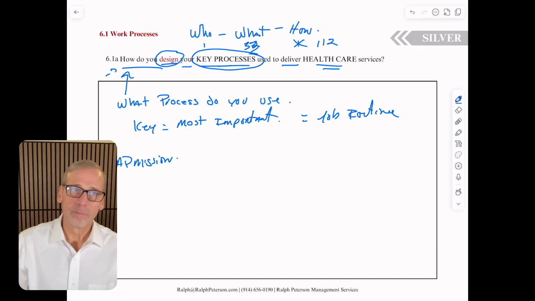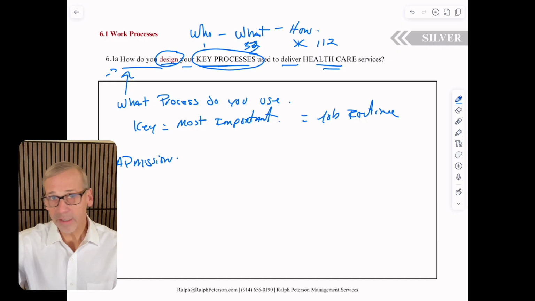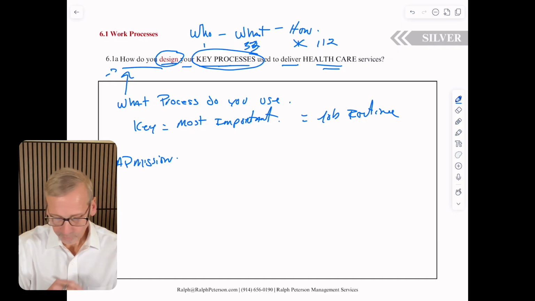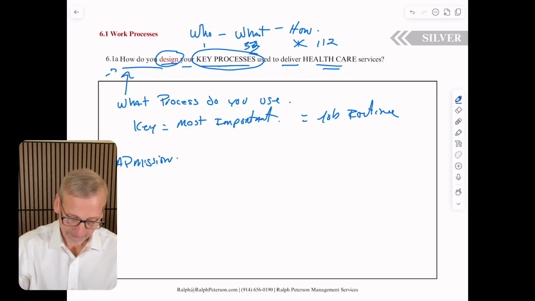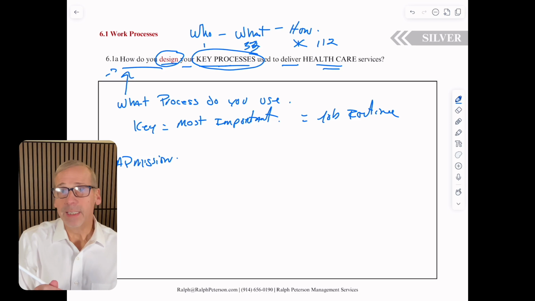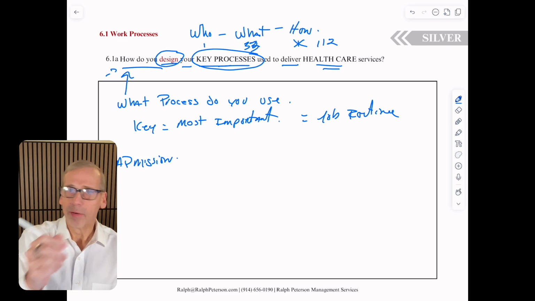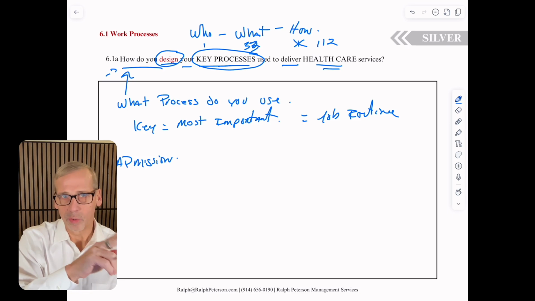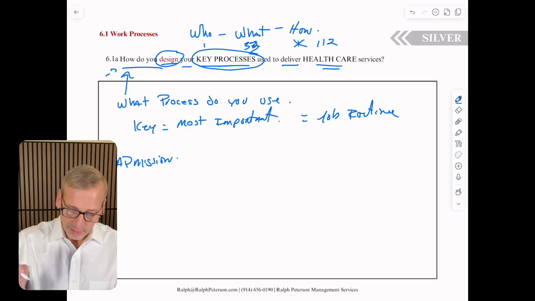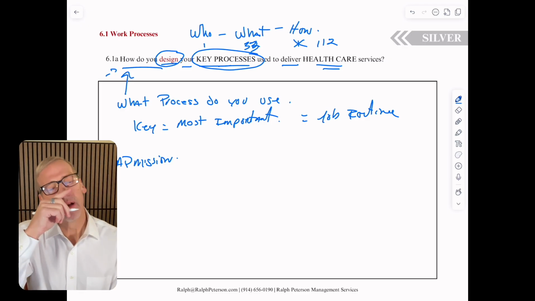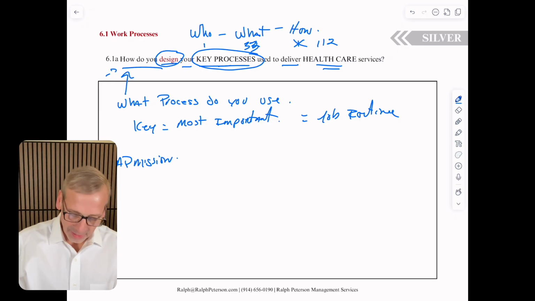Admitting a resident to a nursing home or admitting a customer to an assisted living home. By the way, this application is for both assisted living and for nursing homes, and IDD homes. There's no difference. There is a difference at the bronze. There's two different applications for assisted living and nursing homes, not at the silver. I think it's true. The admission process